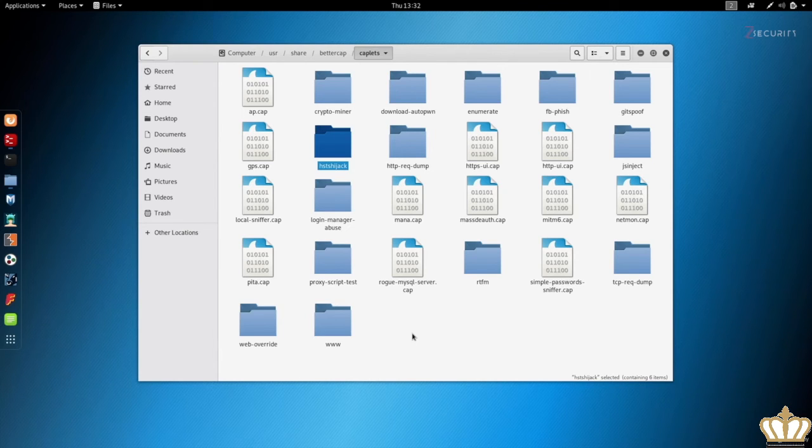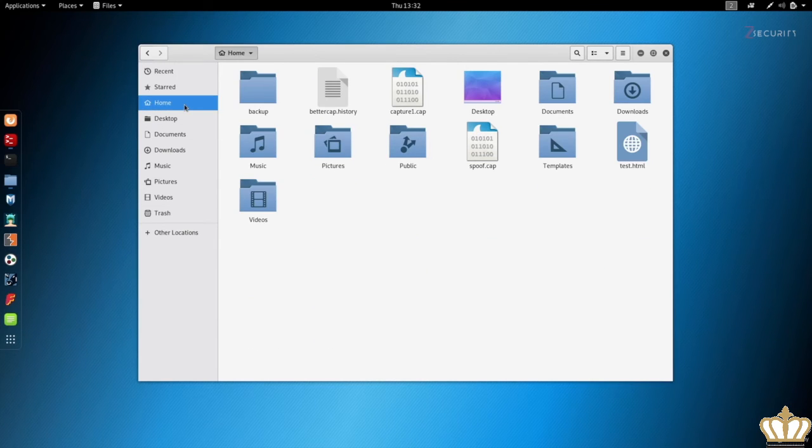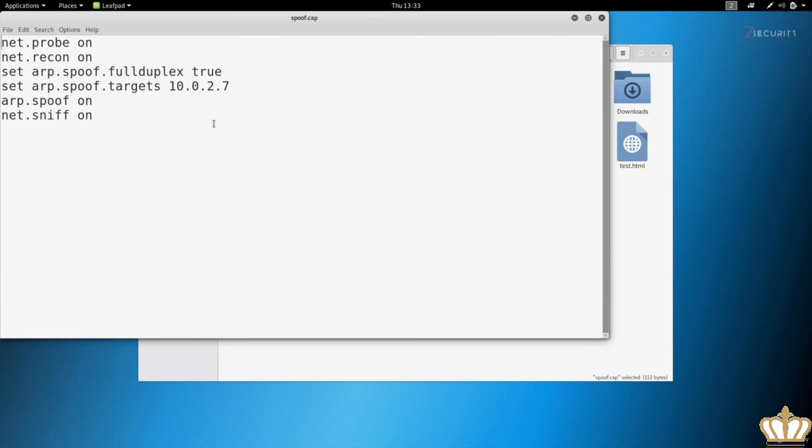But before we do that, I also want to go to my home directory. This is where I stored the caplet that we created in the previous lecture, the spoof caplet, the one that will run the ARP spoofing command and then run the sniffer. And I just want to modify one thing in this. So I'm going to right click it and open it with LeafPad. And what I want to modify is I want to add an option to the sniffer in here. So as you know, this line net.sniff on will turn on my sniffer, but before turning it on, I want to set the